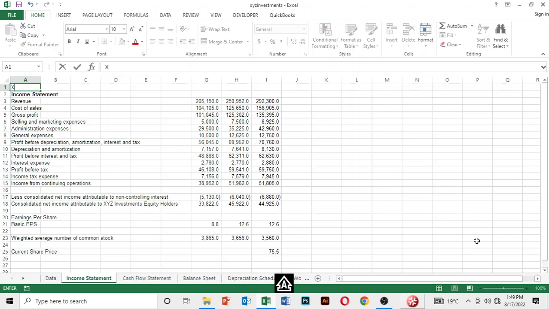Let's just write XYZ investments consolidated income statement, right? So let's just write the currency type. So normally when you are writing the heading here, you have to make sure that you put the name of the company that you want to analyze, right? Like they have put XYZ investments, and normally you write as follows: XYZ investments consolidated income statement for the